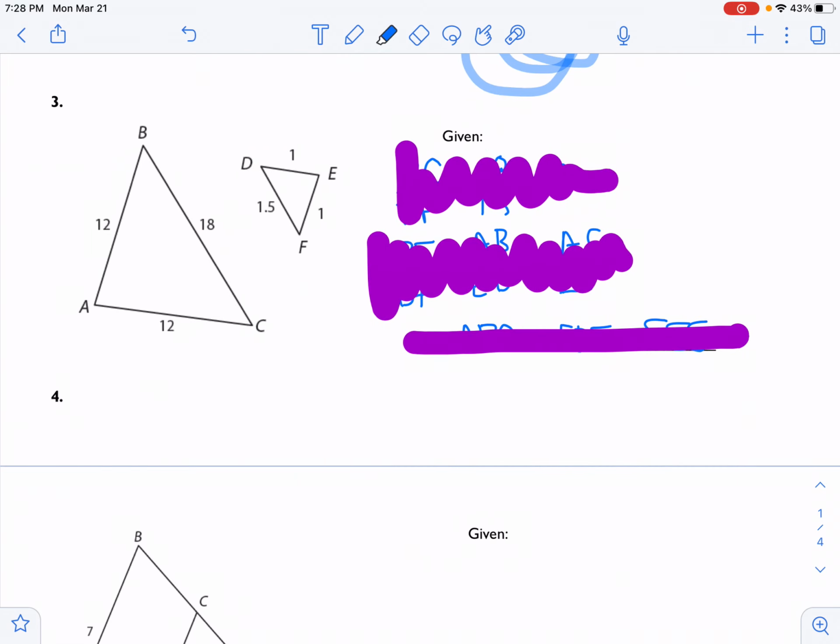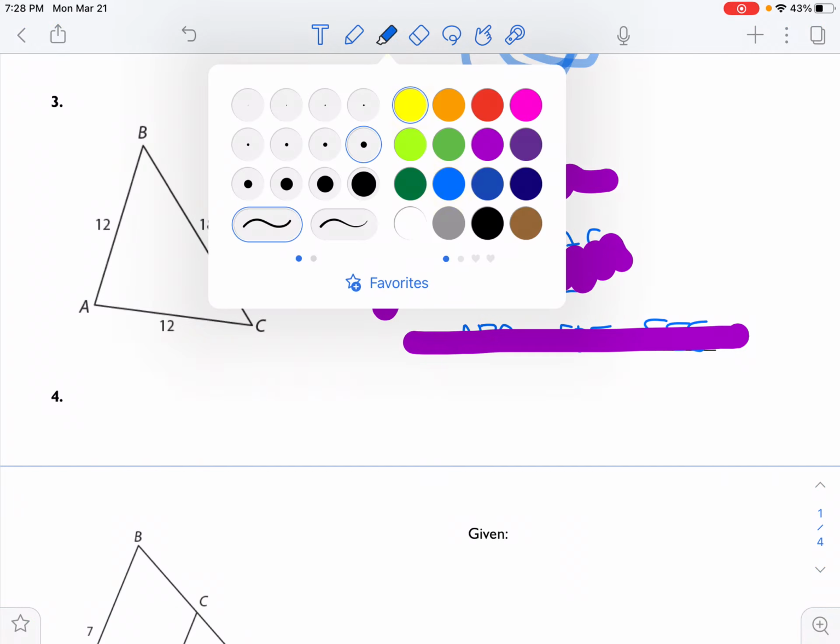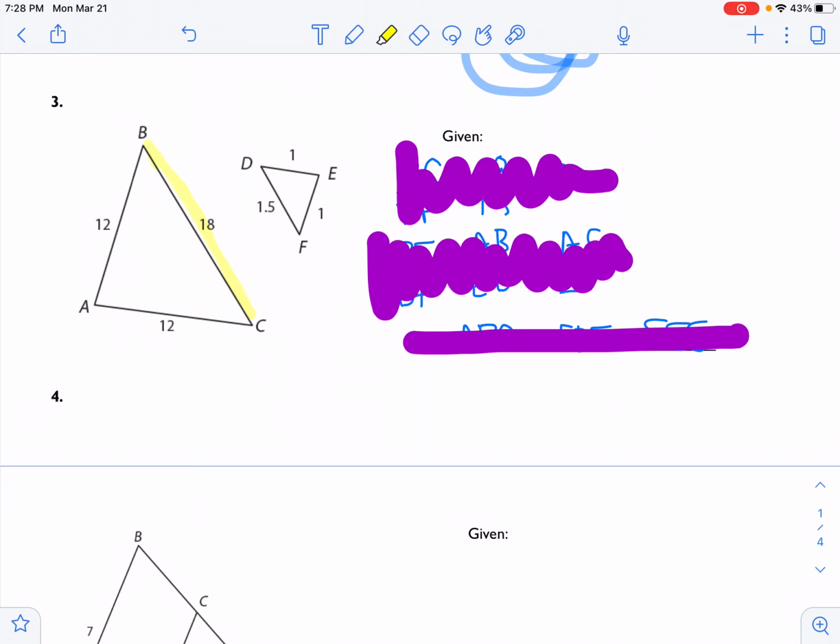This third one, we don't know any angles, so we're going to be using side, side, side similarity. And looking at it, we have 2 sides are the same, and a third side that's longer. So the long sides have to match up. So you could divide the short by long or long by short. I like to put the big one on the top. So I'm going to say BC